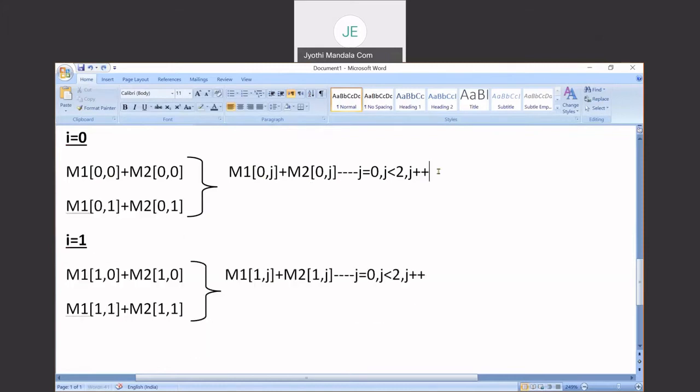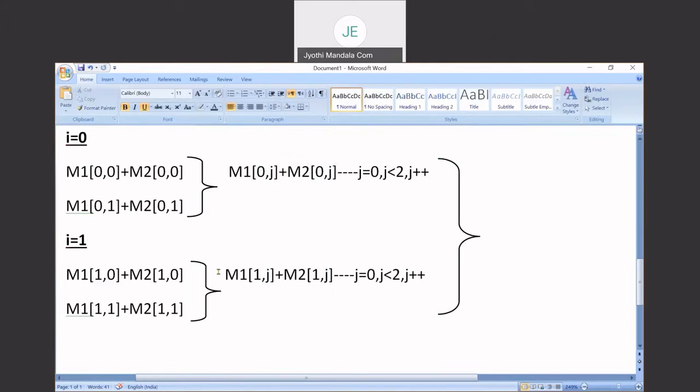Now, can we combine these two statements? What is the similarity we are observing? The similarity is this is J, this is J only. The only thing that is differing is the first index value, which can be represented as I, and I value is ranging from 0 to 1.